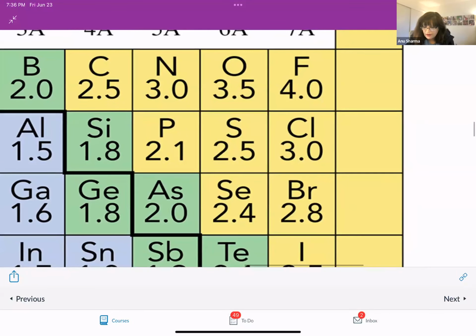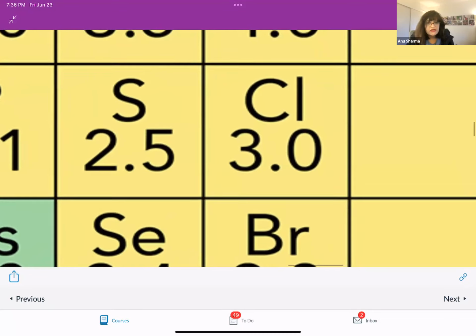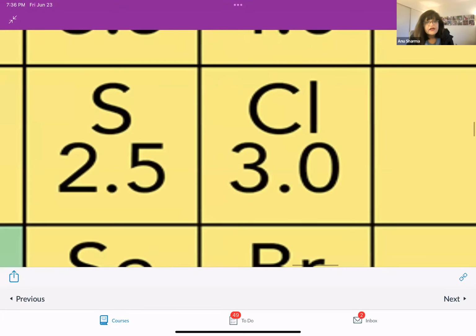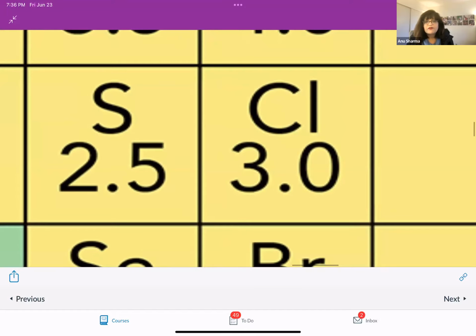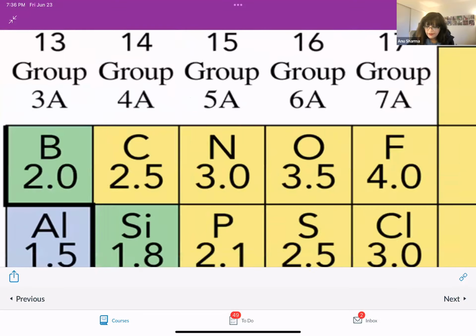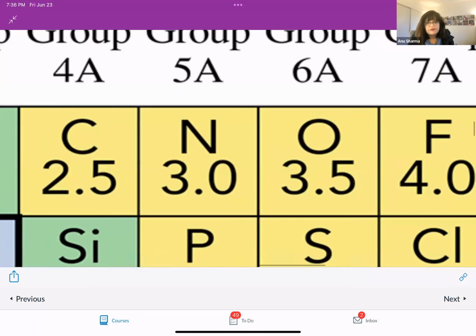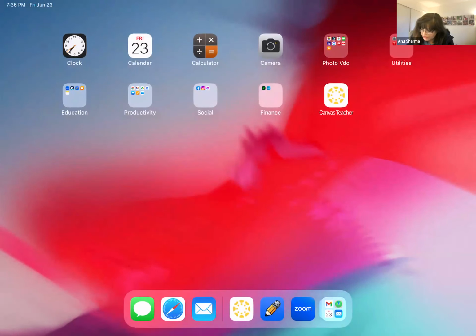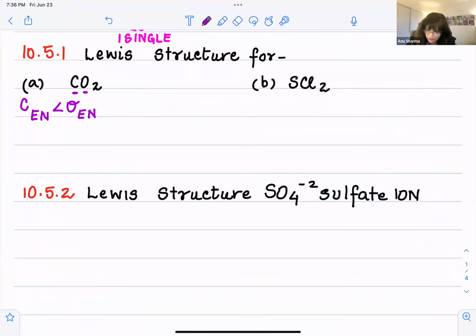And then if you look at the comparison with sulfur, because that's our next question, let's just finish this here. Sulfur is 2.5, chlorine is 3.0. Chlorine is more electronegative than sulfur. Similarly, carbon is 2.5, oxygen is 3.5. Oxygen is more electronegative than carbon. So having said that, you're going to refer to the handout for